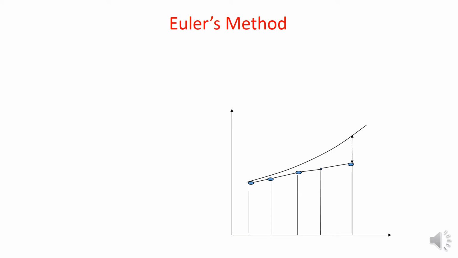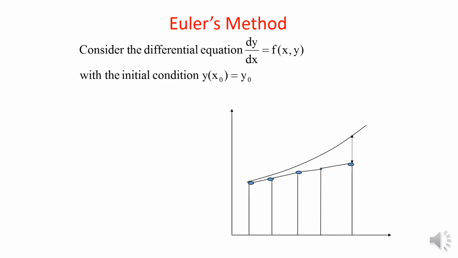As we know, there are many numerical methods to solve ODEs. In this video I would like to discuss Euler's method. So what is the objective of Euler's method? That we have to find the solution of the ordinary differential equation, that is dy upon dx is equal to f(x, y), and the initial condition is given to us, y at x0 is equal to y0. So what will we do? We will find successive values of y, and these are the approximate values.